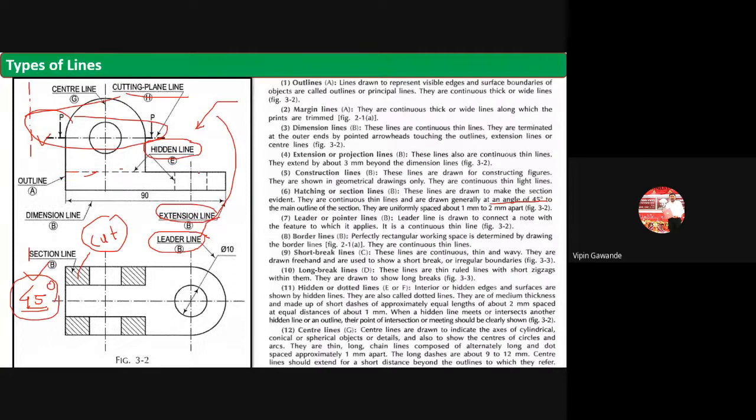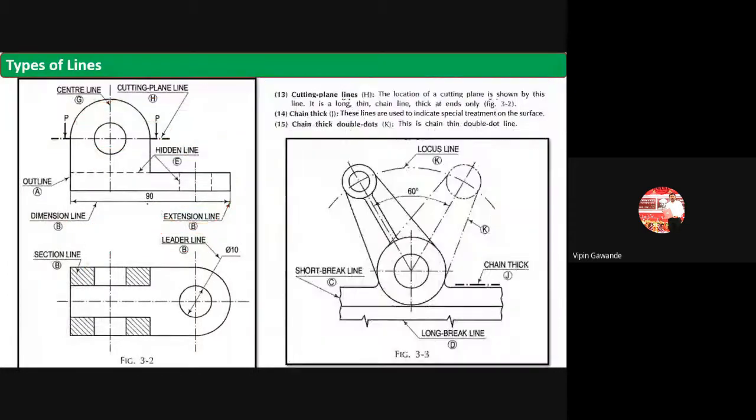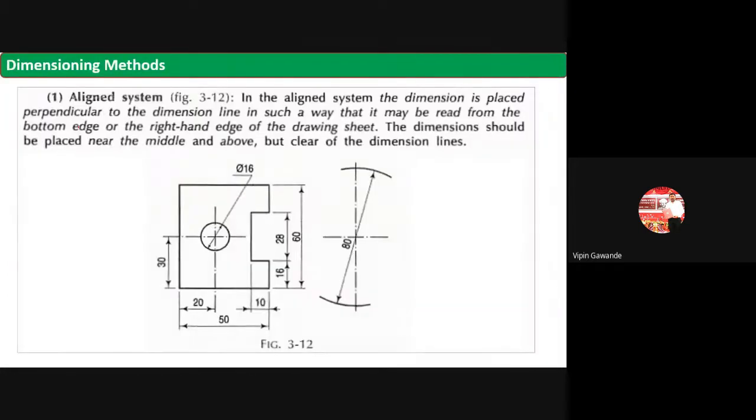I have already given you, just read all these lines here. This is very simple. Whenever you see this, just see here it is given B. A dimensioning line means it is B, so B is here. So this is the dimension line. Read the theory from here, and the type of the line is given here. All types of lines are mentioned here. So remember where we have to use each one. If you remember where to use that line, it is very easy for you to answer all the questions.